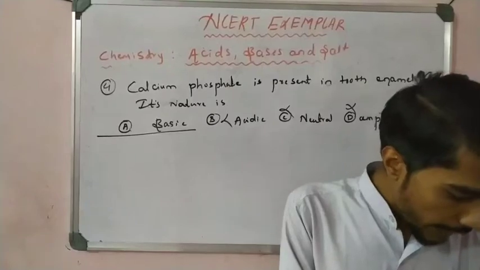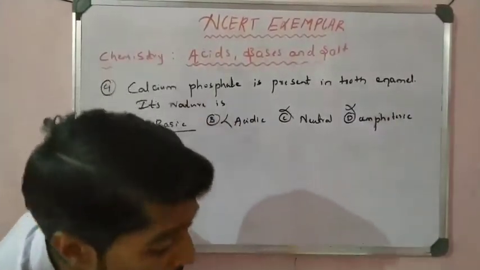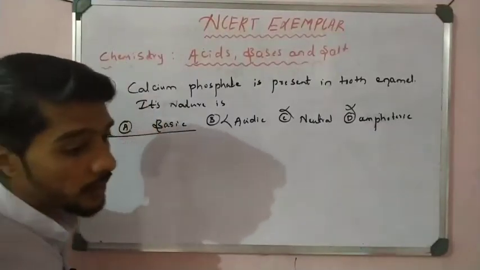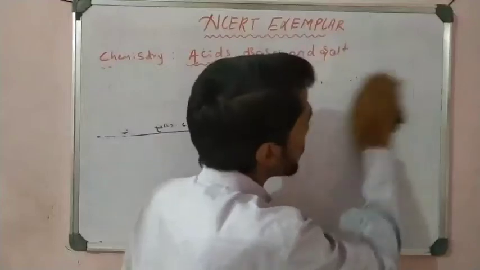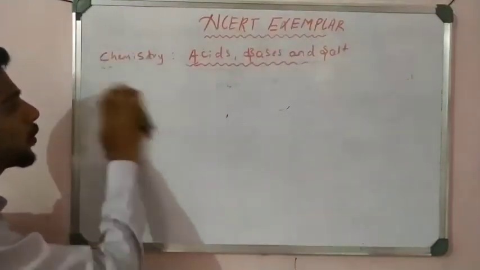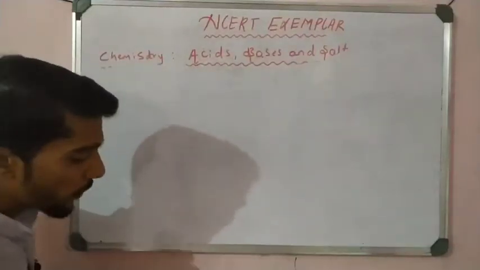Now take another very important question, about the increasing order of pH value, which can also be asked here. So let us start with question number 5. Calcium phosphate being basic in nature is a direct question to remember. So now question number 5.